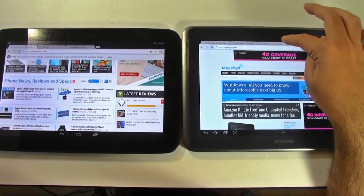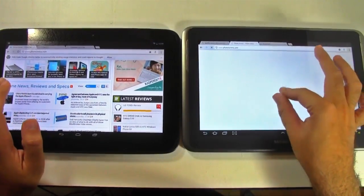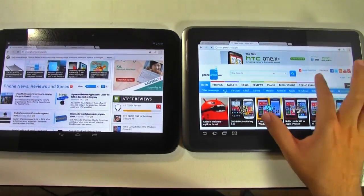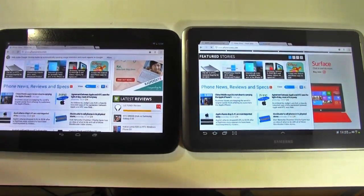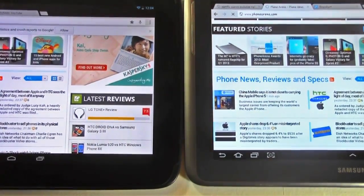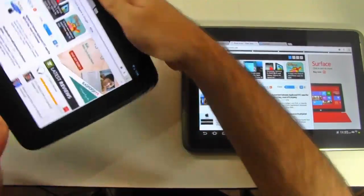So the first thing I want to point out is when it comes to clarity, the Nexus 10 is unparalleled by any device on the market. And you really notice that because you do not have to zoom in to read the Nexus 10. It is very crisp and very clear. And I'll show you this more in portrait mode, because that's when you can really see the difference. So if I just put both of these in portrait mode,